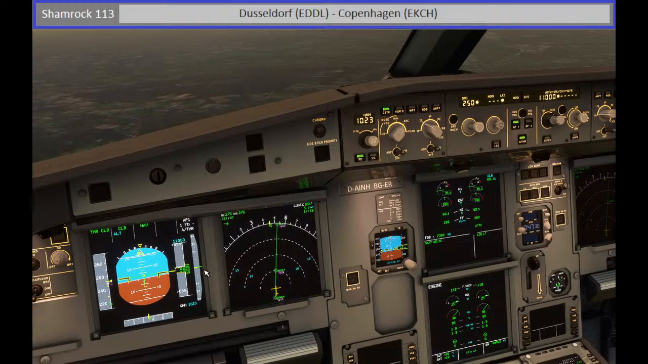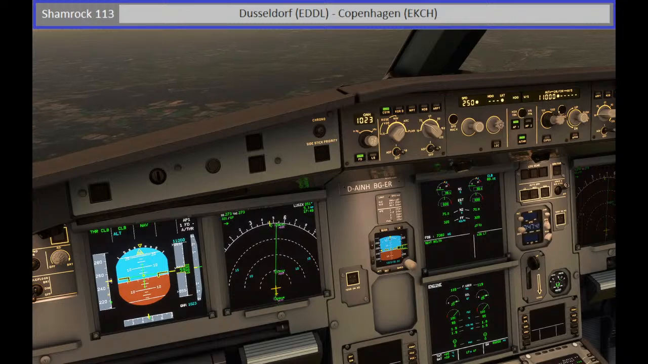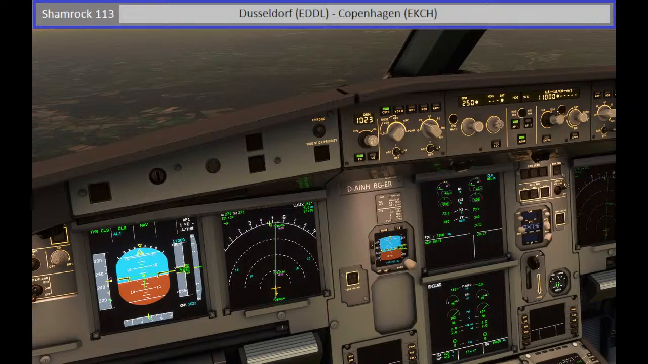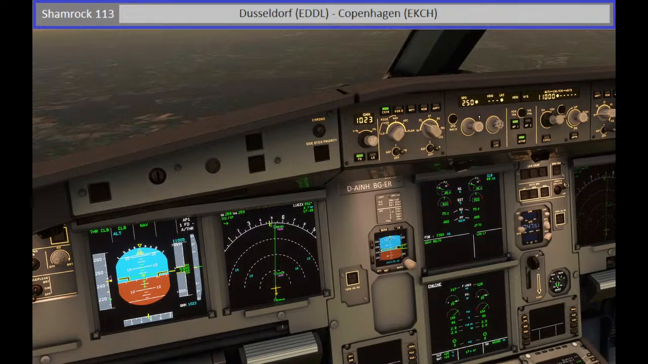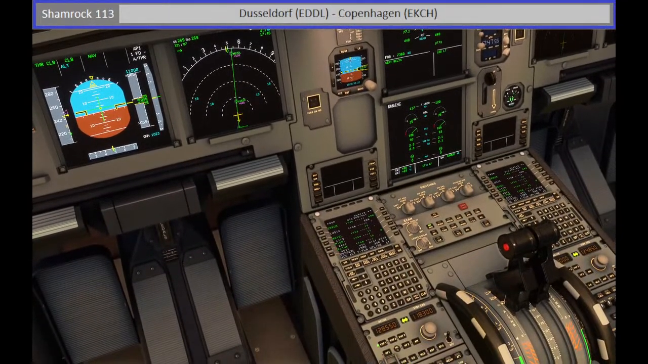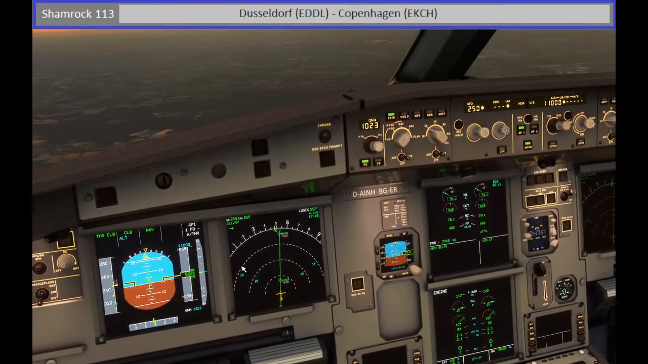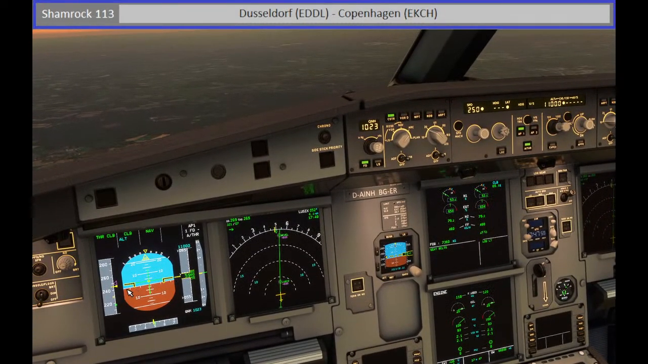The aircraft does not seem to be climbing at all. We climb. Okay, what? Should be 250 knots